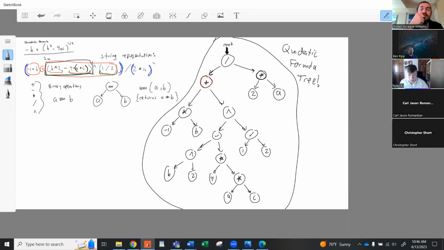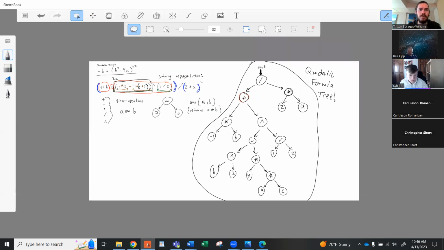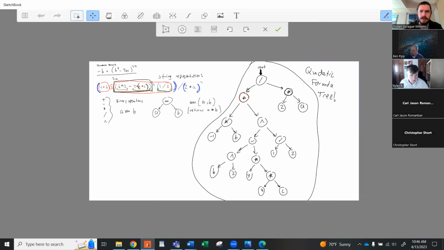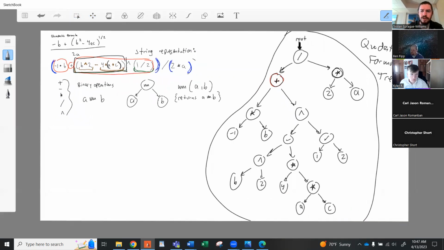And now, if we apply one of our tree traversal algorithms to this, we will discover one of these alternate notations for algebraic formulas. There is a notation called Polish notation, which you get by doing a pre-order traversal of this formula tree. So if we do pre-order traversal,